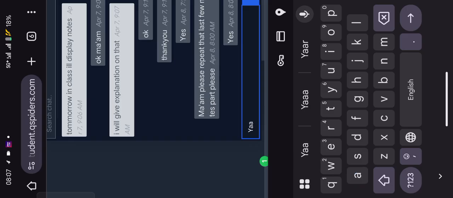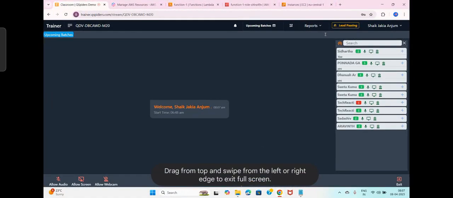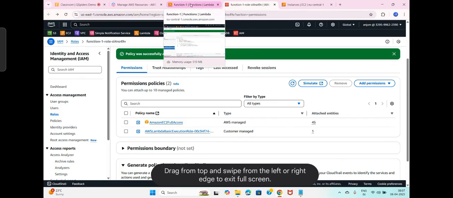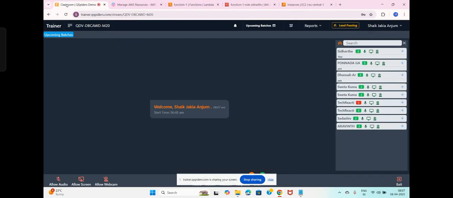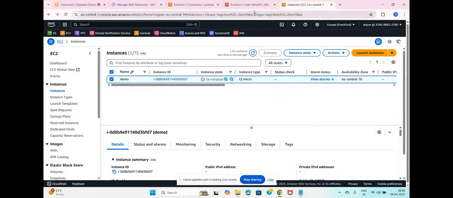So I'll share my screen. Now see, everyone is clear with creating the lambda and giving permissions, right? Creating lambda, giving permissions, everyone is clear with that, right? Okay. So where is that instance? You have terminated it. So no problem.